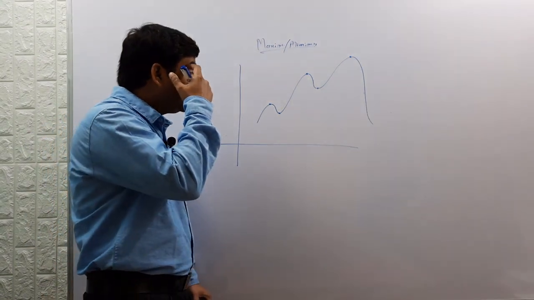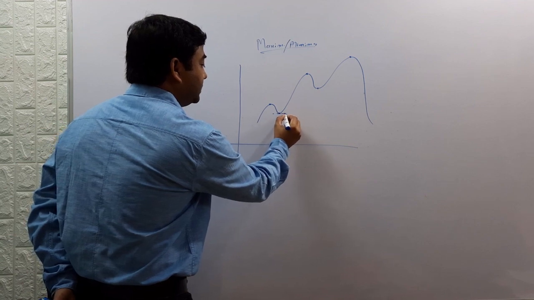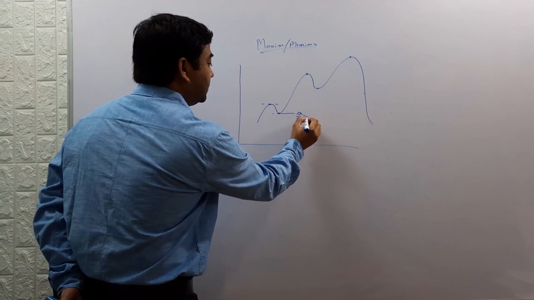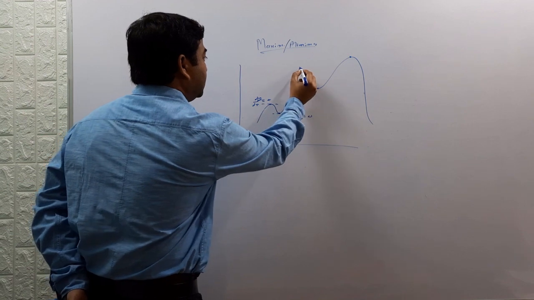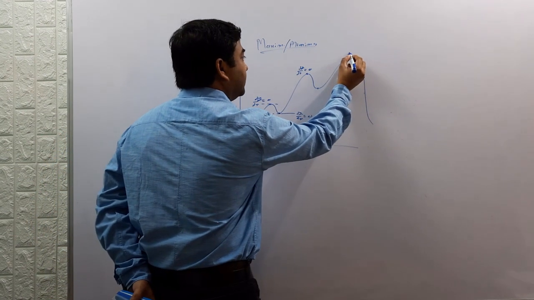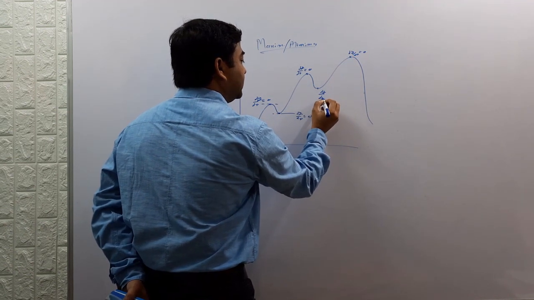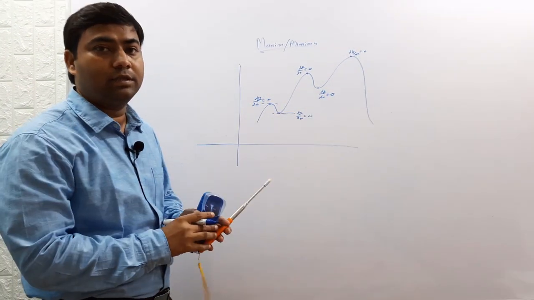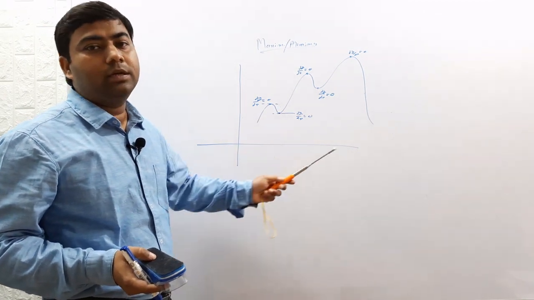So what is the maximum? You know when you draw the tangent, you find the derivative. These derivatives are nothing but dy over dx equal to 0. At all these points, the derivative of the function will be 0, because its tangent will be parallel to the x-axis.